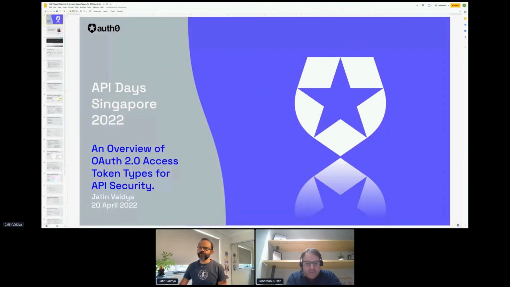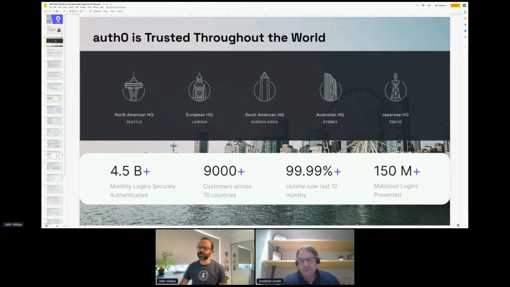Definitely. First of all, thanks, Jonathan, for my introduction. I'd just like to start with a very quick overview of OddZero. At OddZero slash Okta, we provide the market-leading identity as a service, and basically we make life for the developers simpler by providing an easy to use, easy to configure and extensible authentication and authorization service, so that they can then focus on their business logic rather than spending too much time on authentication and authorization. And these are just a few statistics about OddZero, which is now an Okta company.